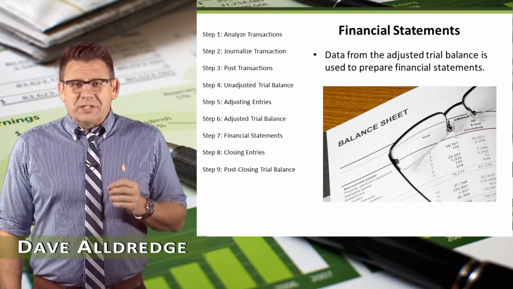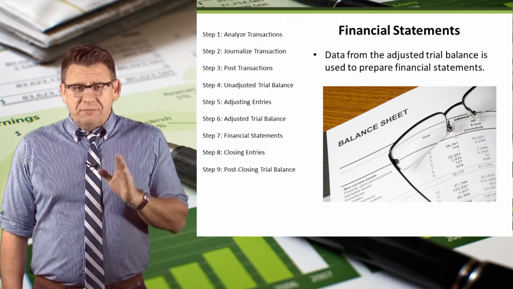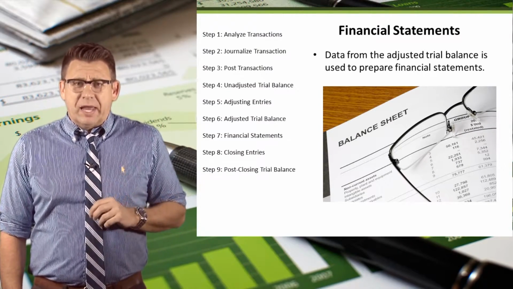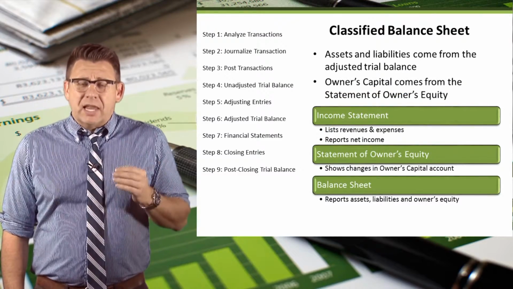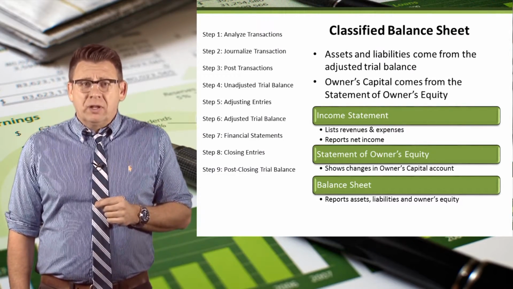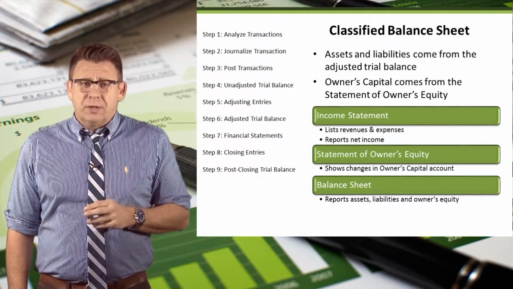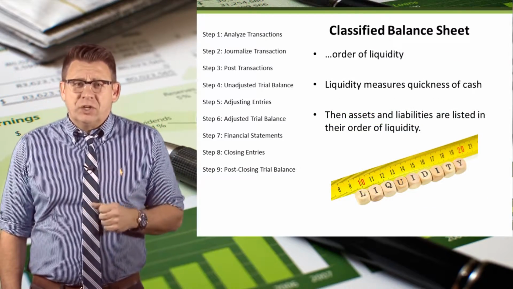The financial statements are prepared directly from the adjusted trial balance. The focus of this video is the classified balance sheet. The balance sheet includes a company's assets, liabilities, and equity accounts, specifically the ending owner's capital, which comes from the statement of owner's equity. In order to understand how to prepare a classified balance sheet, we need to learn a